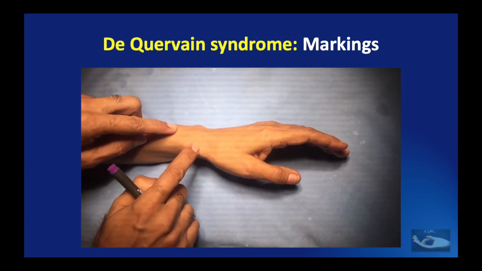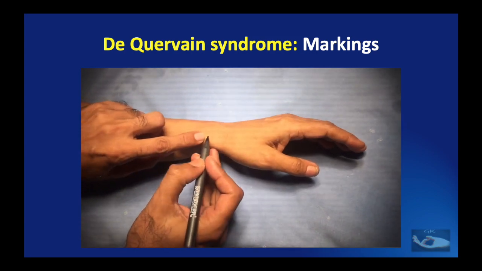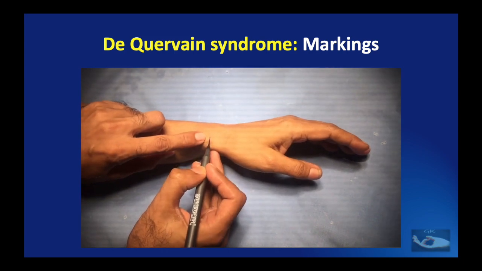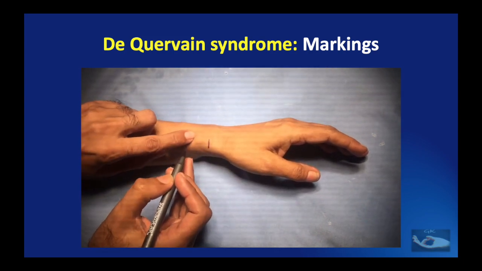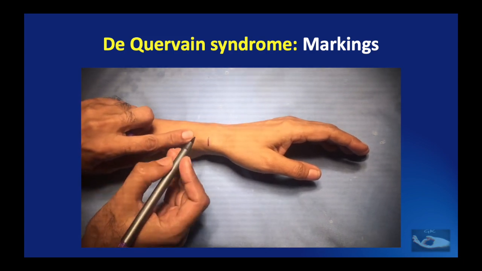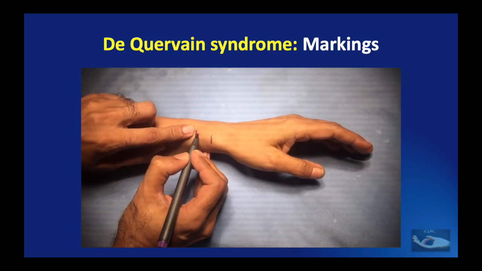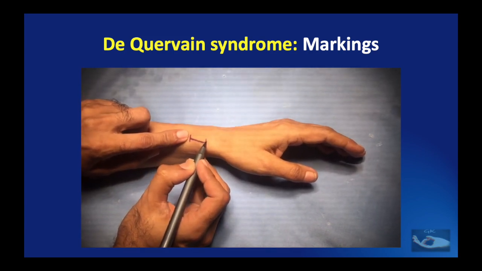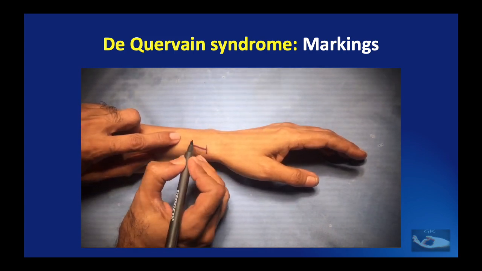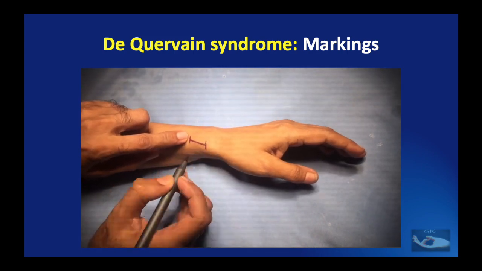First, we need to palpate the lower border of the radius on the lateral aspect of the wrist. That distal point of the palpable radius will form the distal end of the incision that we are planning. Proximally, if you palpate over the lower border of the radius, we will notice a swelling and then it abruptly drops off. That is the proximal end of the first dorsal compartment retinaculum. I prefer to make a longitudinal incision between these 2 points.